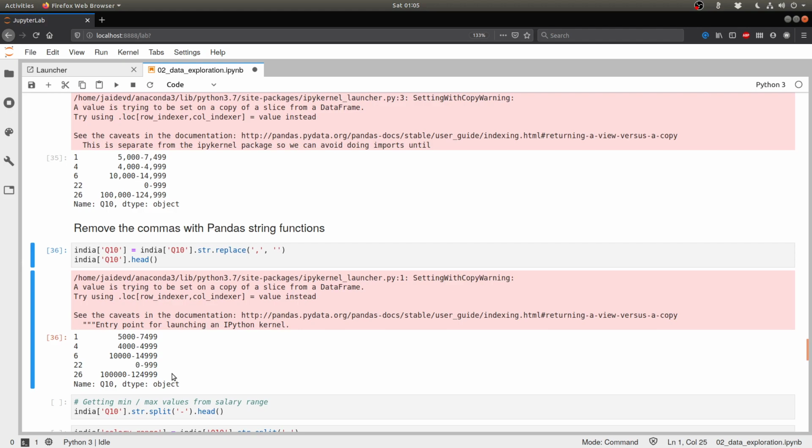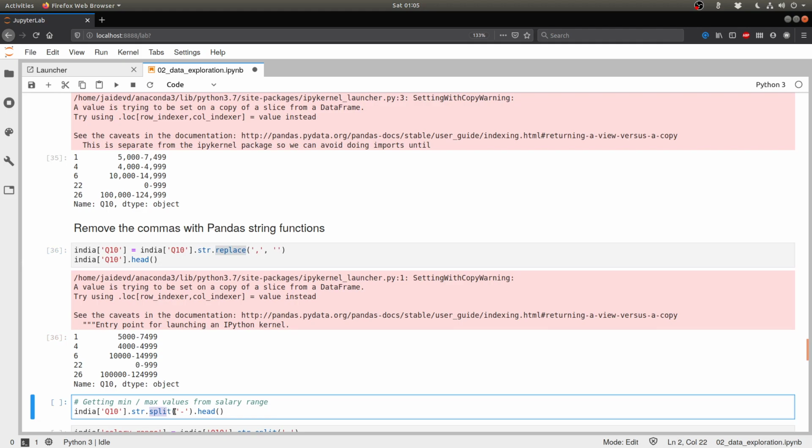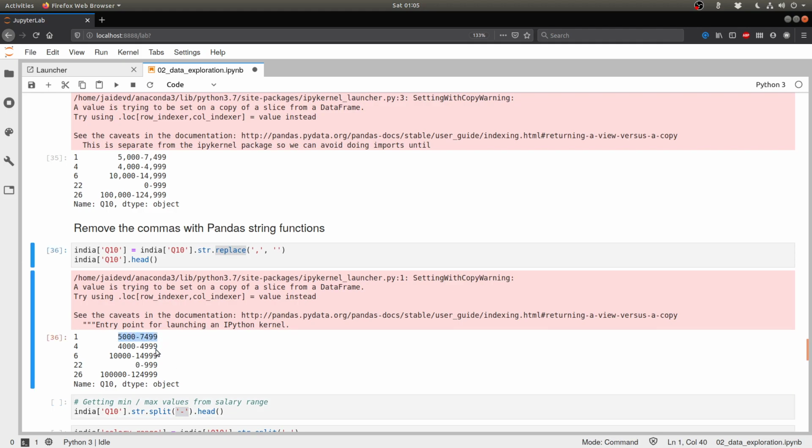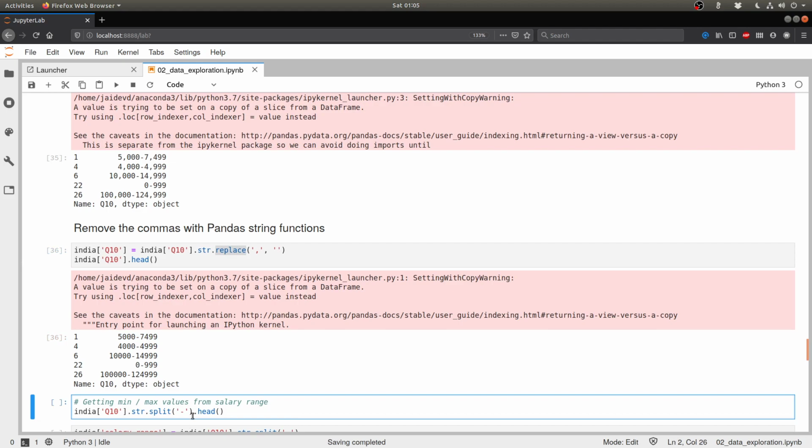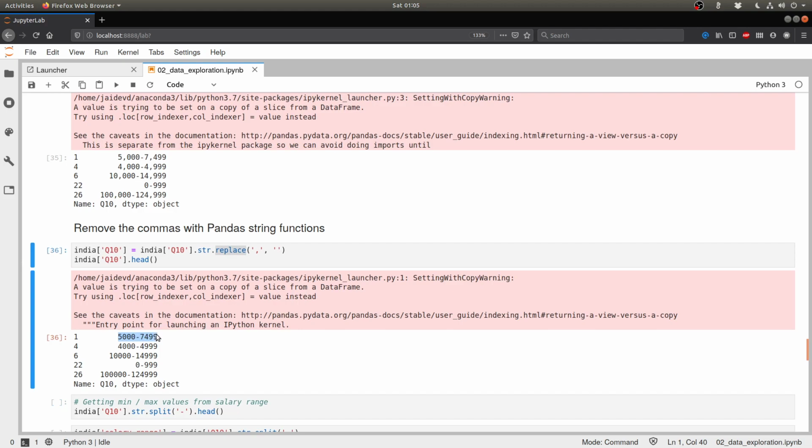So what we're going to do is, just like we had a str.replace, we also have a str.split. The split function takes in any string and splits every row on that string if that string is found. Here the splitter that we are using is a hyphen. Every time it sees a hyphen, it takes everything before it and creates a separate element out of it, and then it takes everything after it and creates a separate element out of that.